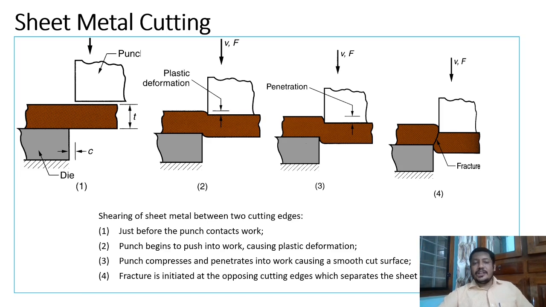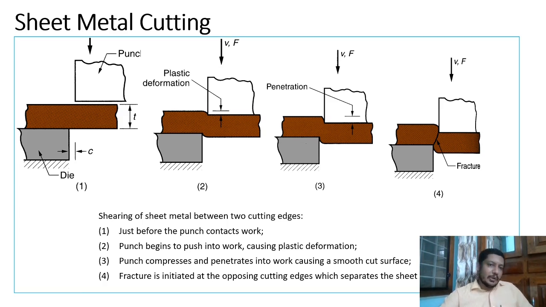So we will see what sheet metal cutting is. This is a typical figure which illustrates sheet metal cutting. You can see for every sheet metal operation a die and punch is required. The stationary part is called the die and the movable part is called the punch. The die and punch are kept at a certain distance apart, which is called the clearance, which you will provide between your die and punch. If you don't have the proper clearance provided, sometimes the die and punch will get stuck in between. Once it is stuck, you have to cut or break the die and punch